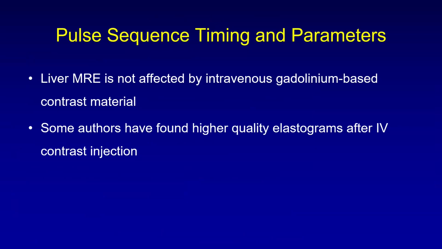So in the course of acquisition of MRI, where do we put our MRE sequence? Is it affected by contrast? Actually, no, it is not affected by the IV gadolinium-based contrast injection. Though some authors say that if they do the acquisition after the IV contrast agent, they may get better MRE values. The reason they give is that the signal intensity of the liver increases. How it affects the MRE acquisition is not very clearly pointed out. So at present, you can bring in your MRE acquisition at any point in the timeline of your entire